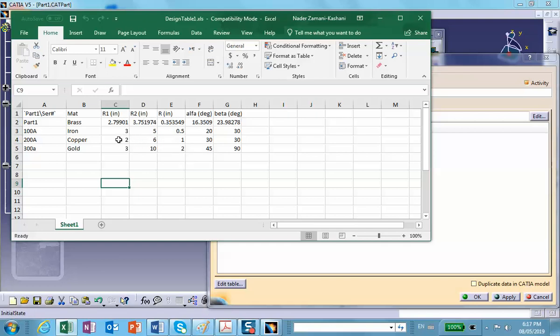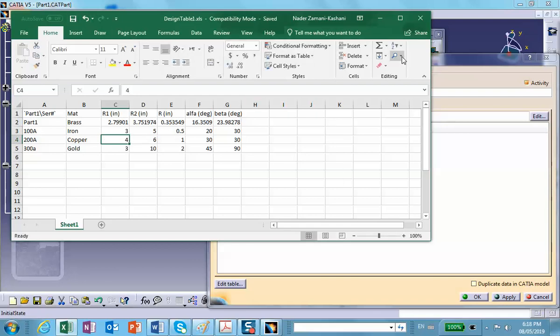R1. Yeah, it's R1 actually, not R2. The radius of that construction one is the R1. So I'm going to change this thing to, obviously you can see that the 2 doesn't work, okay? So let's try 4. Let's see how it works. Save it,